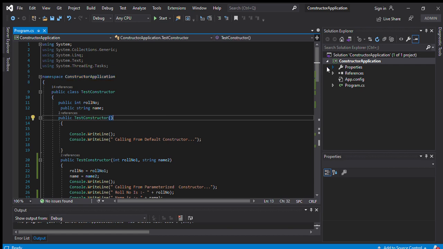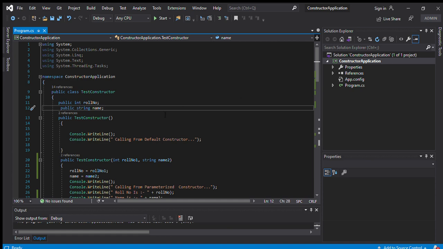First of all, let's see what a constructor is. Basically, a constructor is a special type of method, and whenever we create an object of the class, at that time the constructor will be called automatically.